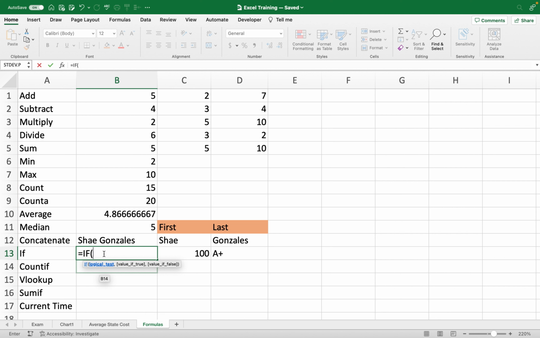So what's the logical test? We want to say if this cell is equal to 100, then place your comma and say what is the value if it is true. Again, the quotes are going to be your text in Excel. So we want to say "Good job, me," right? That's a good job if you get the 100 on the test. Then the comma, if this value is false, so if you did not get 100, we want to say "Needs work,"